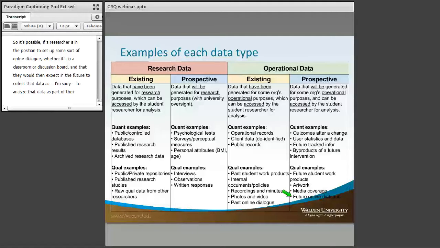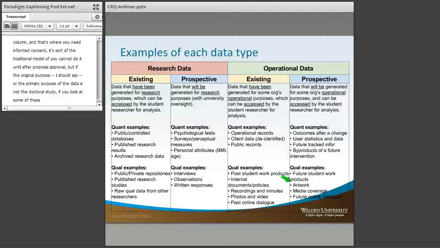We would explore with the student what the various uses of this data are, and if research is the primary purpose of the data, it would go into this column, and that's where you need informed consent. It's the traditional model of you cannot do it until after proposal approval, but if the original purpose, or the primary purpose of the data is not the doctoral study, if you look at some of these examples,